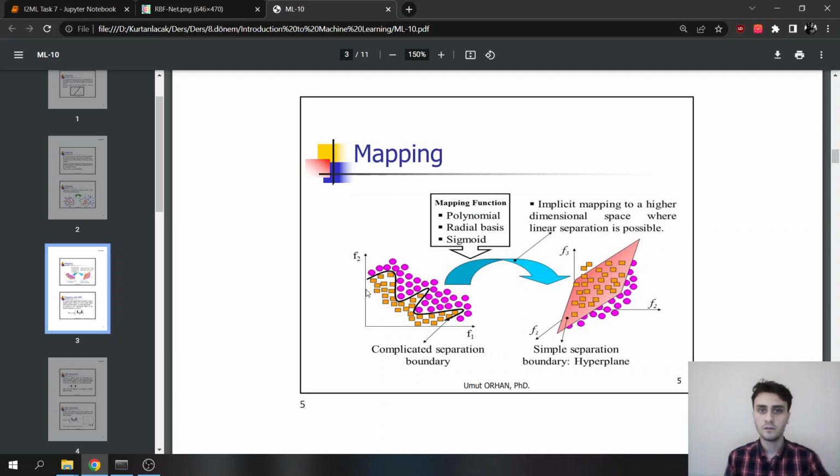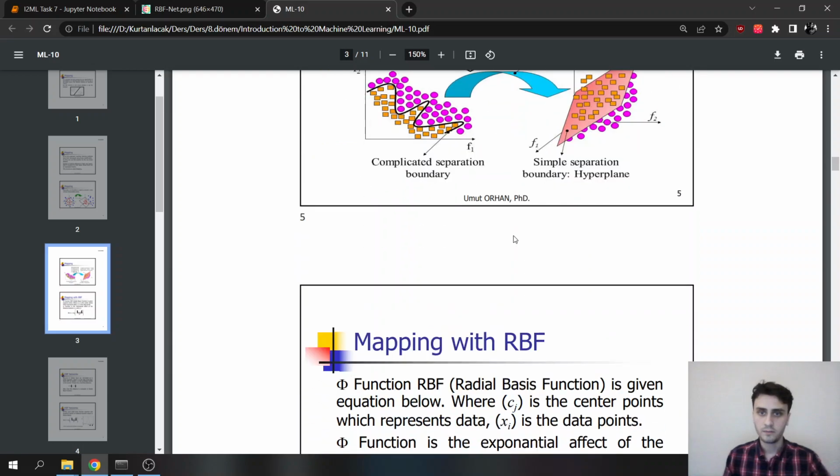So scientists, when trying to do classification like this, they had to calculate multi-linear, non-linear models, and that took longer, as you can see, but they wanted to find a faster, easier, simpler model. So they did mapping and they used radial basis or sigmoid polynomial to change its dimensions and find a more linear model to classify these values. And radial basis was one of them.